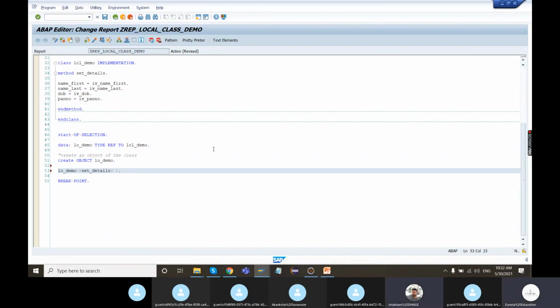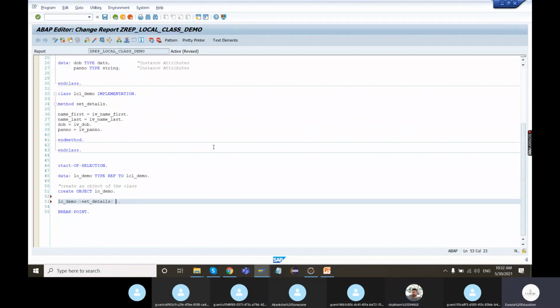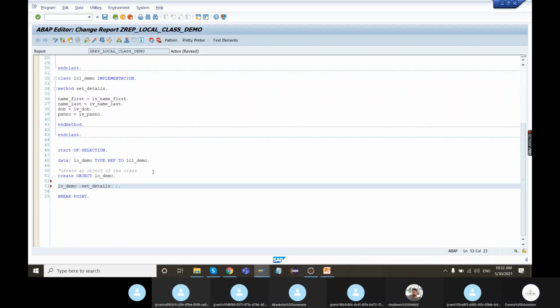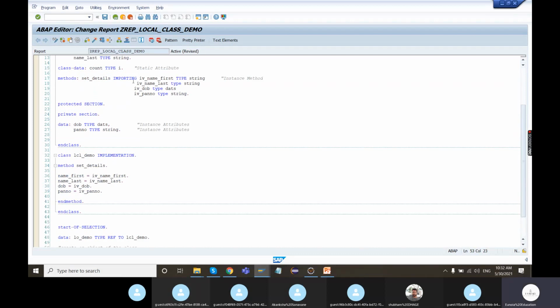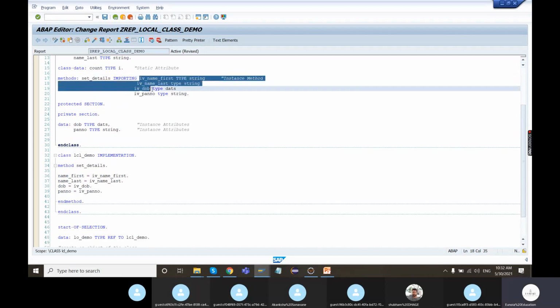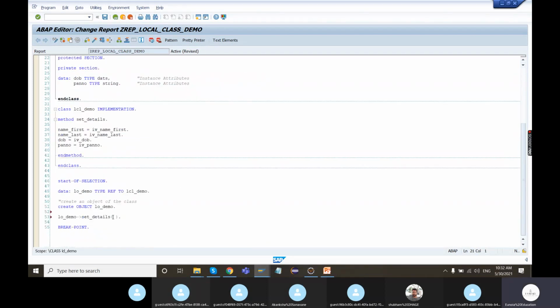Set details. Yes, we are going to call this set details method to set the attributes of the object. Just look at the interface. It has importing parameters. So what we are going to do right here is exporting.